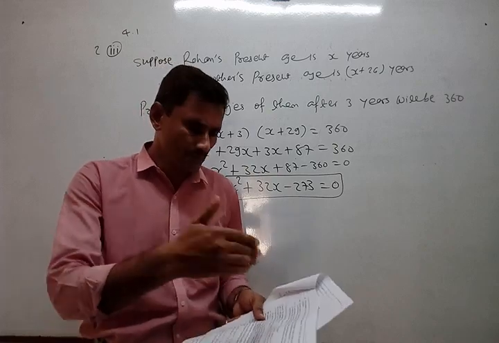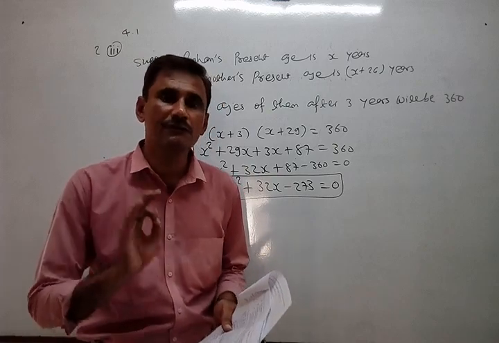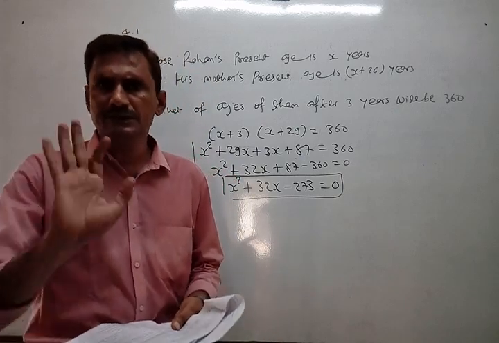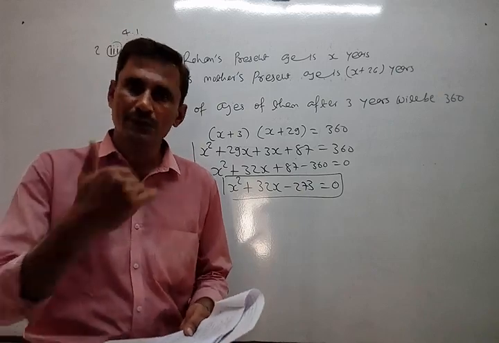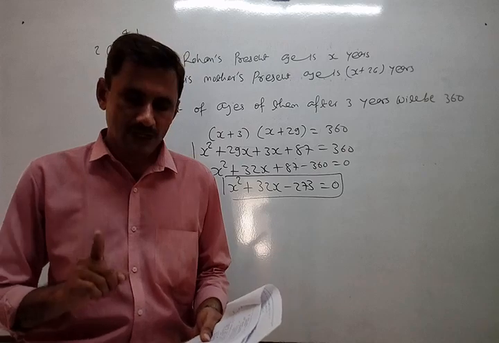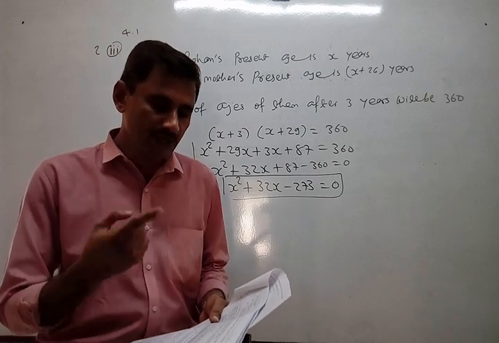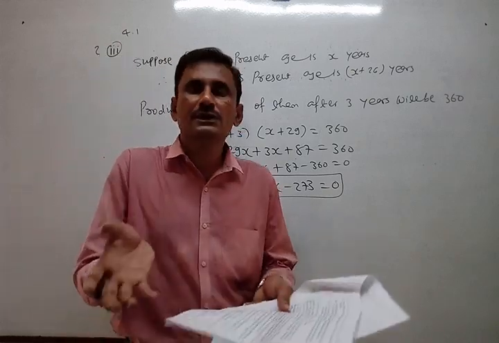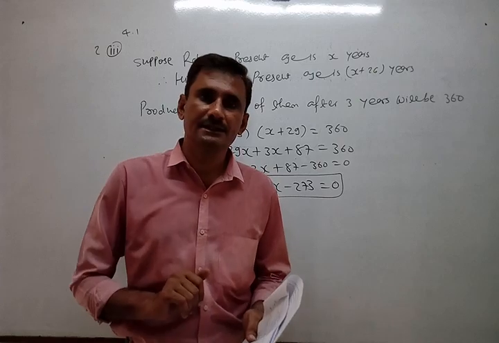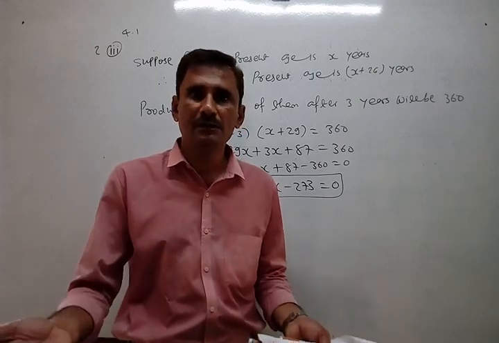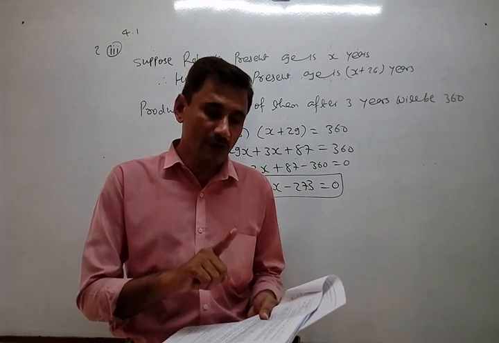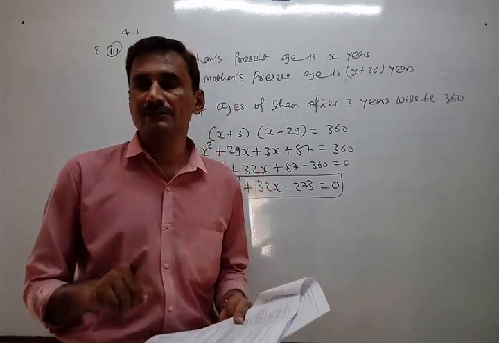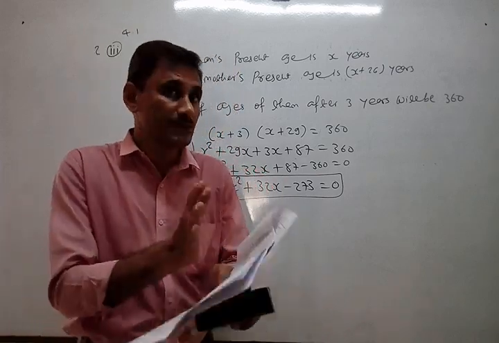Now, what is the meaning of the question? First of all, try to understand the question well. A train travels a distance of 480 km at a uniform speed. Means distance is given. Uniform speed means not increasing, not decreasing, constant speed. Now, what is the second condition? If the speed had been 8 km per hour less, instead of our usual speed, then obviously time taken will be more. So it would have taken 3 hours more to cover the same distance. So the difference of time is given.